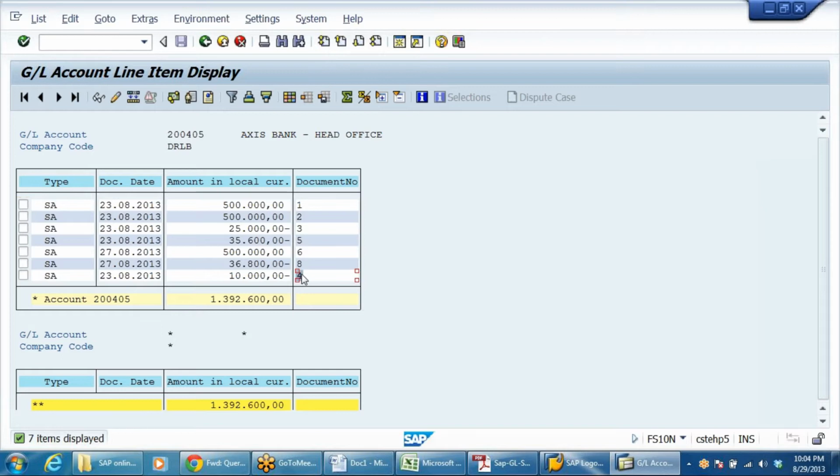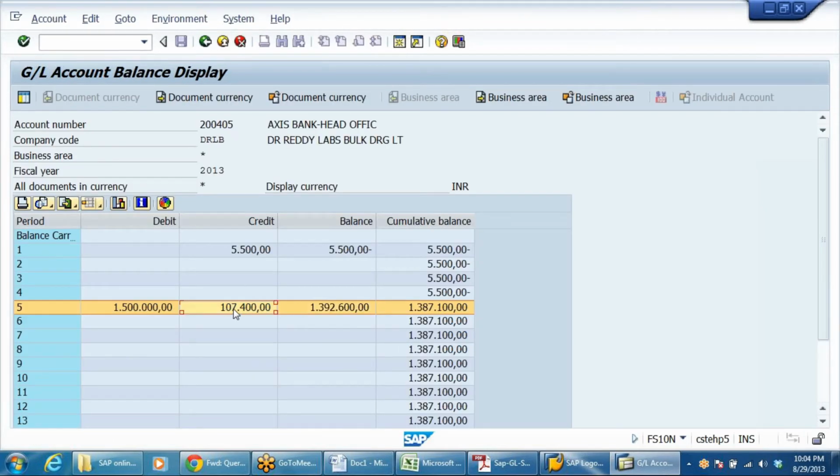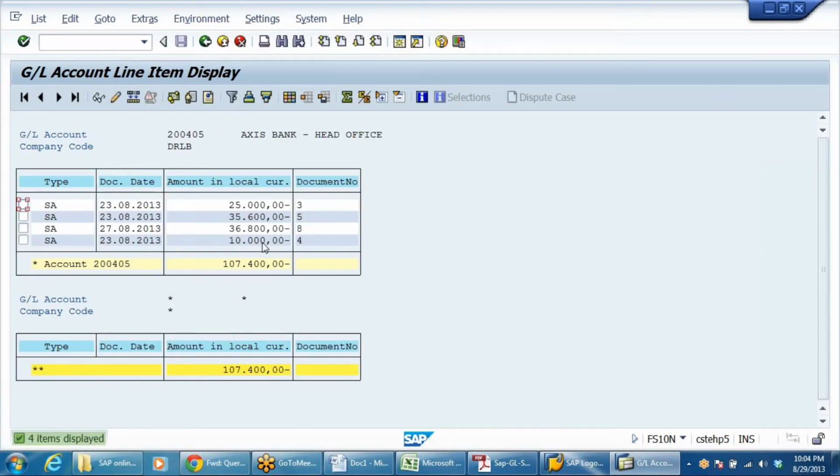Yeah, still it is showing here only. Debit 3, 4. Yeah, this is the document we have changed, right?